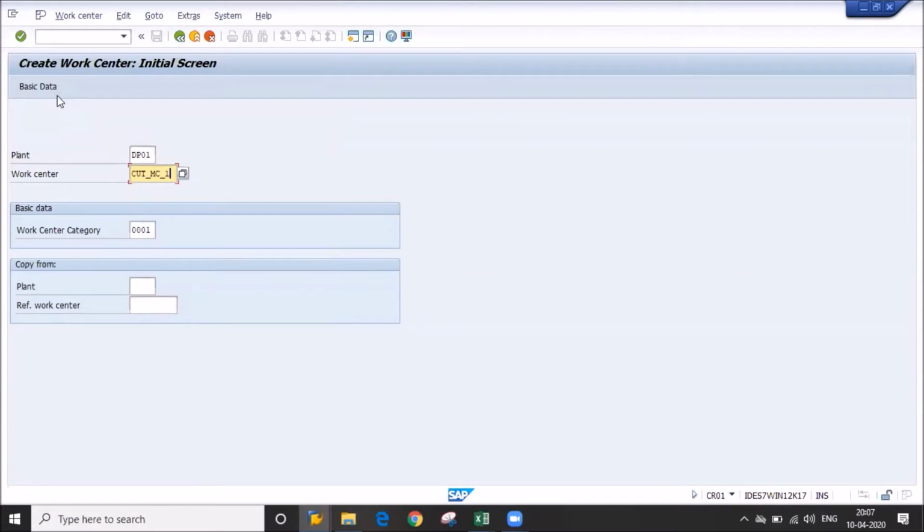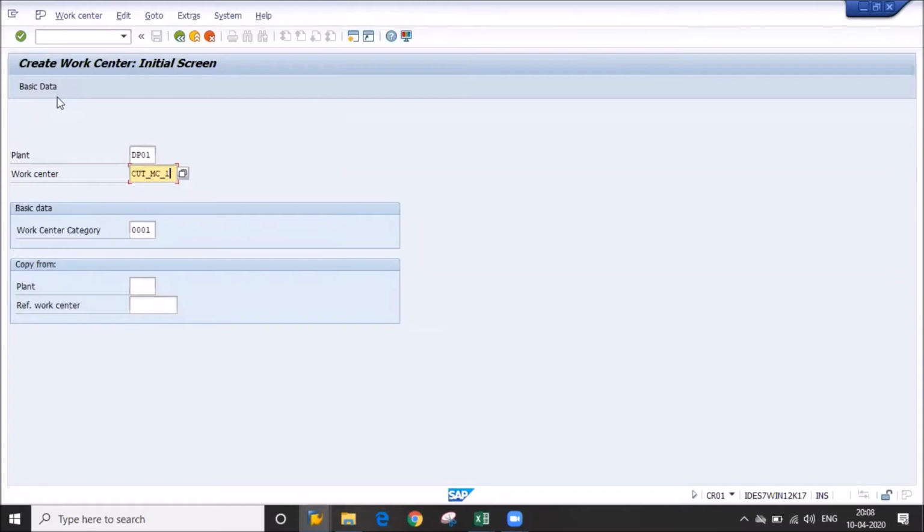This is called activity. Work location means the laptop is our machine, and how much time I operate is the labor time. How much time I perform, that is confirmation. Understood?